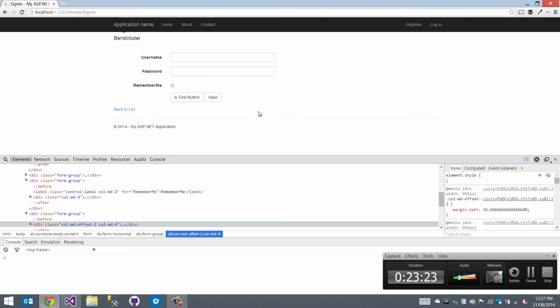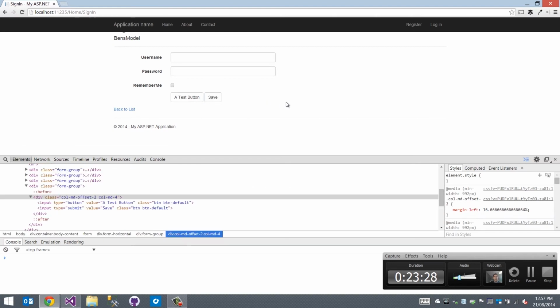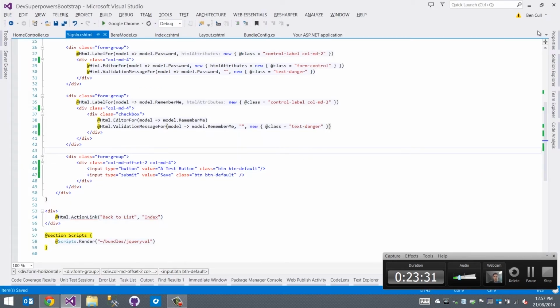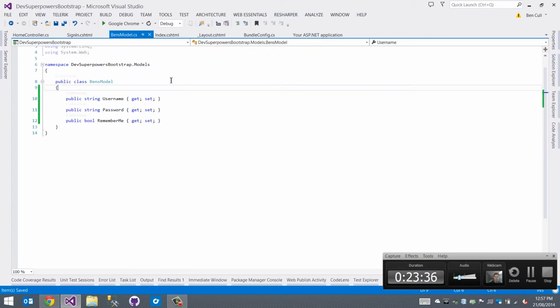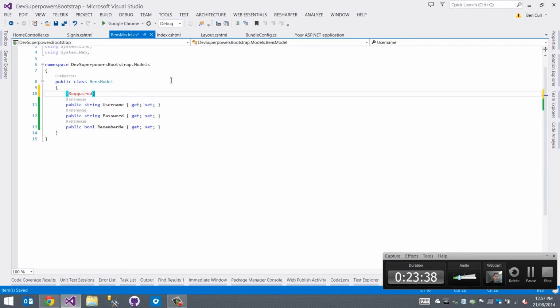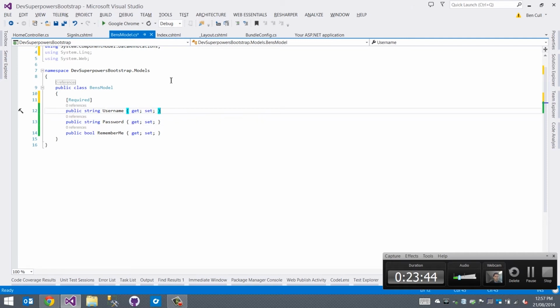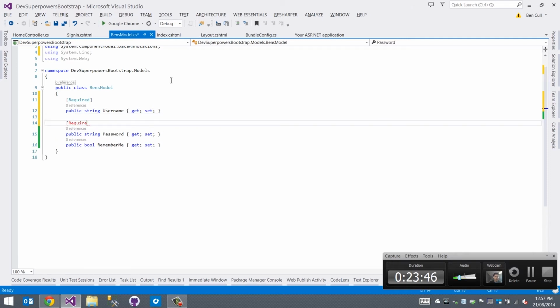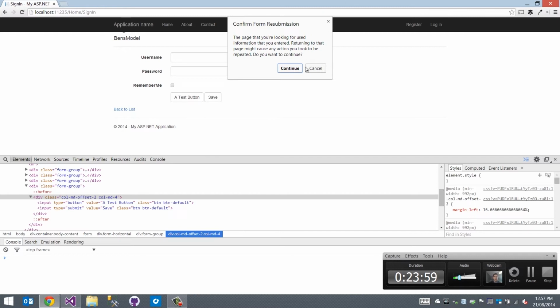Right, let's take a look. Probably one of these surprise things is you'll notice that I haven't really written much code, but I can click save and it will work. But what I'm trying to show you is if I go to the model and I say that these are required, I'm just adding a couple of required attributes to my model just to say that you've got to fill this in. So when you build and then you refresh this page,